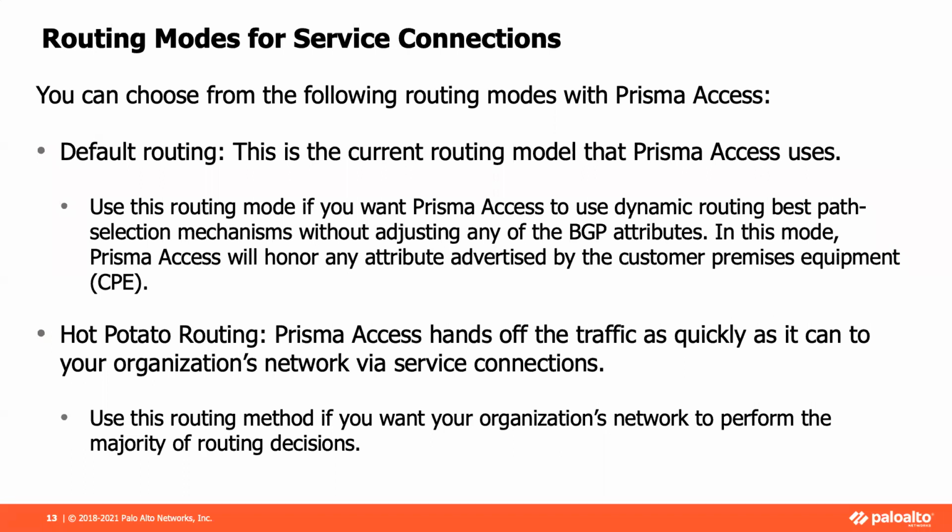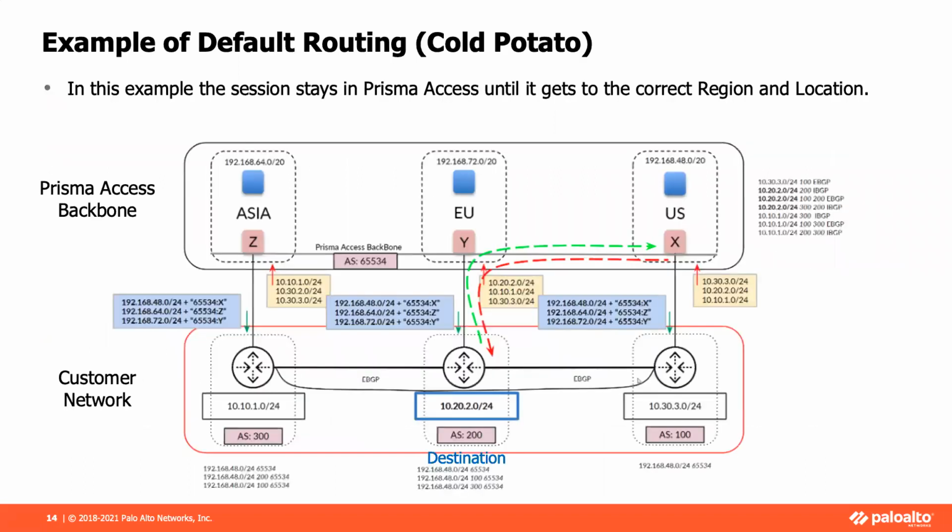Well, they may not want to leverage the default routing that we do. They may say, hey, you know what? We've got our own routing infrastructure that we want to use, so dump everything to us. You can choose either or, and the way this works out, if we look at an example here,